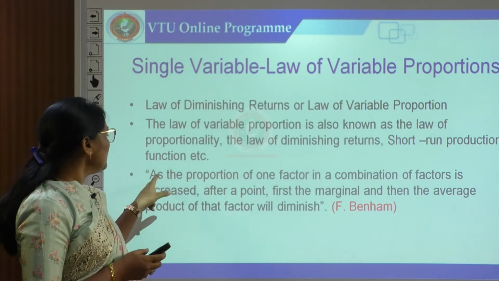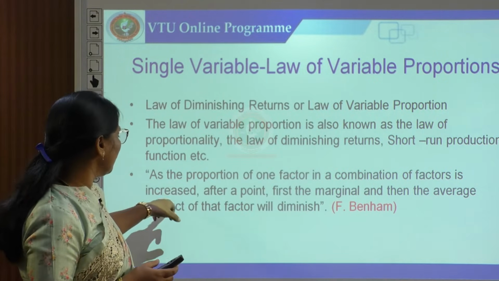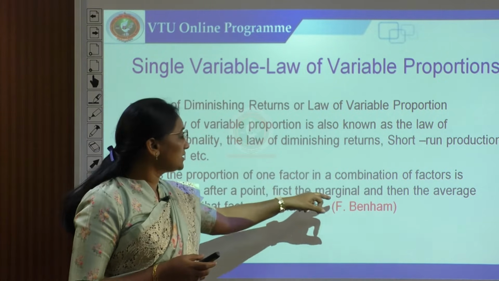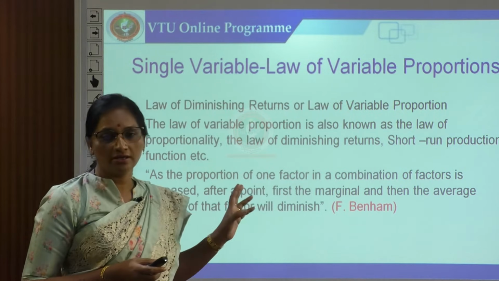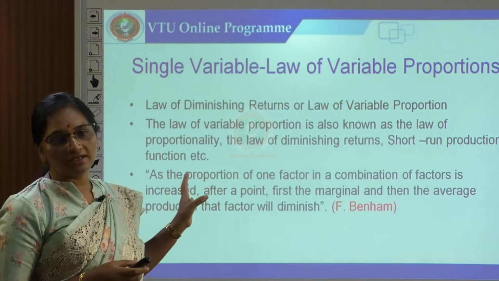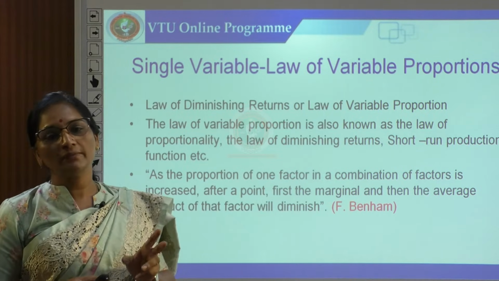He is saying that as the proportion of one factor in a combination of factors is increased, after a point first the marginal and then the average product of that factor will diminish. See, what he is trying to say here is that when one factor is fixed and another factor is